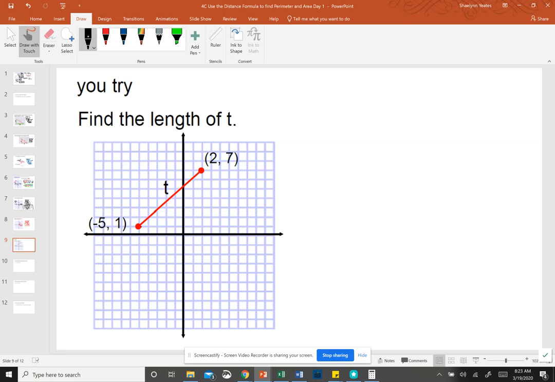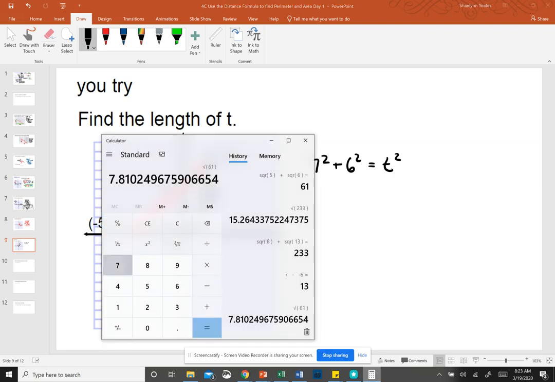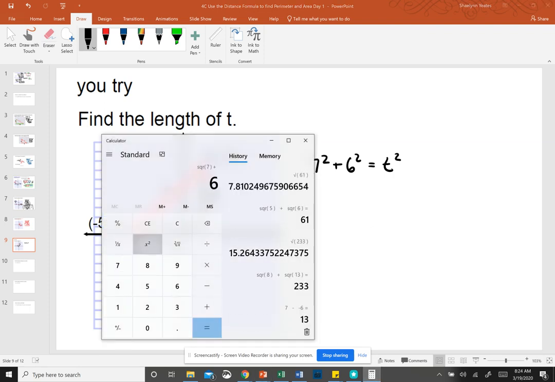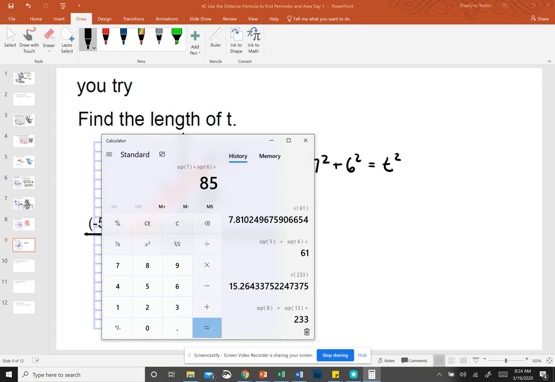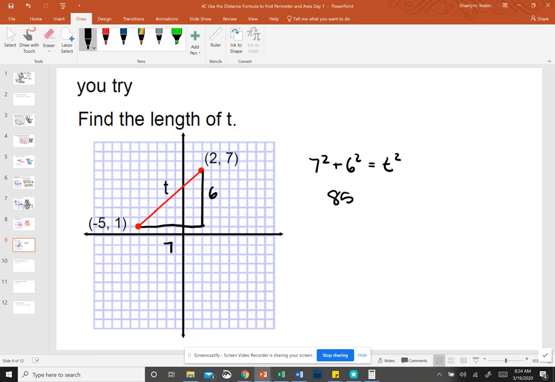So right here, I know that this is from -5 to +2. That's going to be 7 long. This is from 7 down to 1. This is going to be 6 long. So now this would be 7 squared plus 6 squared equals T squared. So I pull out my calculator. I do 7 squared plus 6 squared, and I get 85